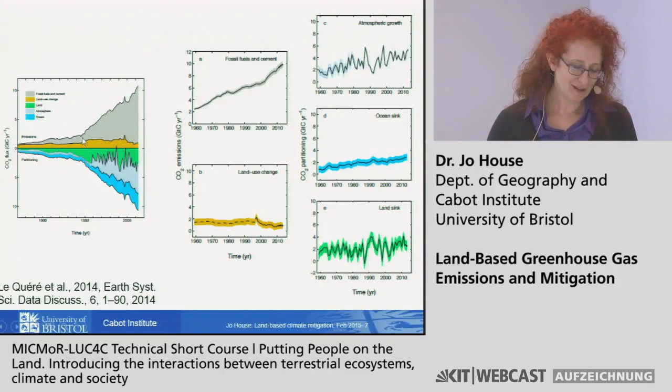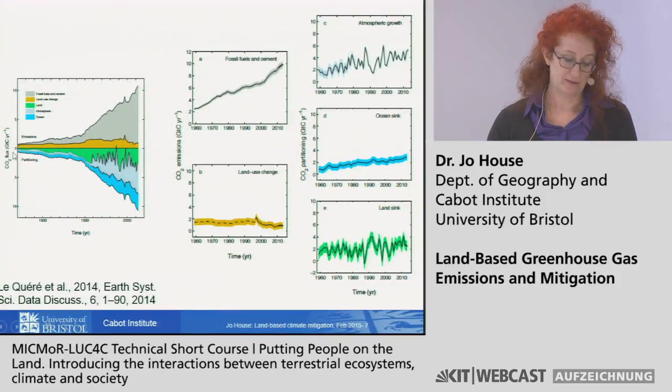So over here we've got emissions from land use change, and then we've got the emissions from fossil fuels. And then we've got our known ocean sink in the dark blue, the atmospheric increase in the pale blue, and left over is what the land's taking up. And here are those broken down individually. And like I said, the land sink is calculated as the residual from all of these other terms.